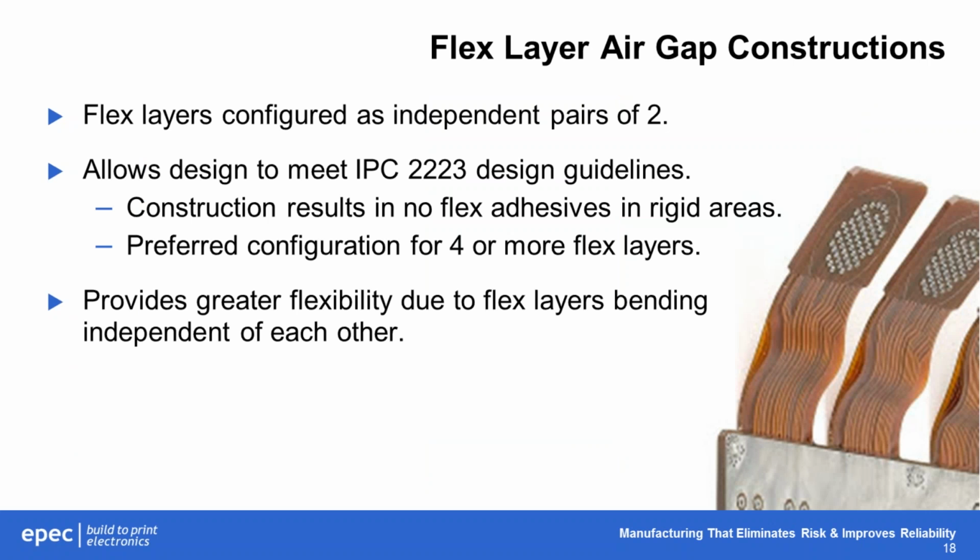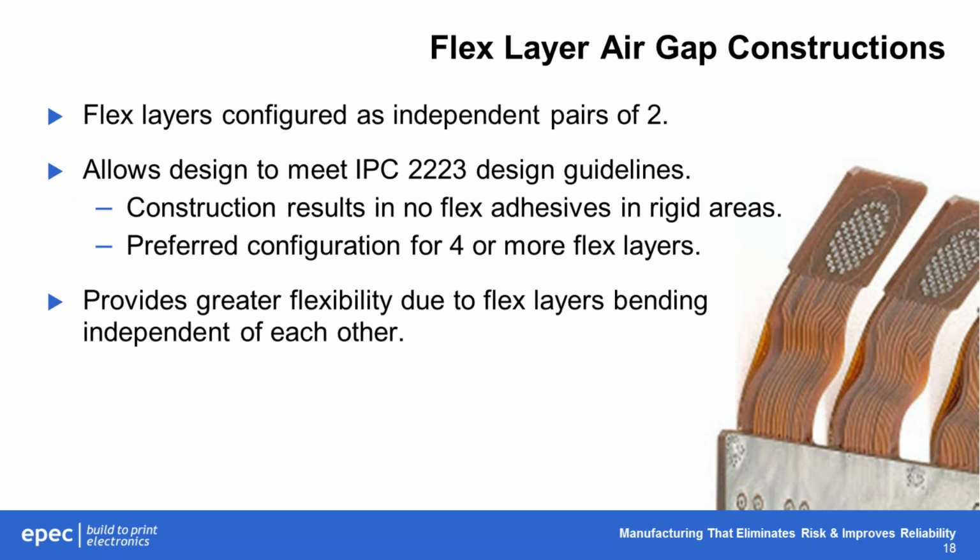We mentioned earlier air gap constructions, and the flex layer air gap construction has the flex layers configured as independent pairs of 2. So obviously this applies to designs that have more than 2 layers of flex. This is a preferred construction for four or more flex layers, primarily due to it allows the design to meet IPC 2223C design guidelines